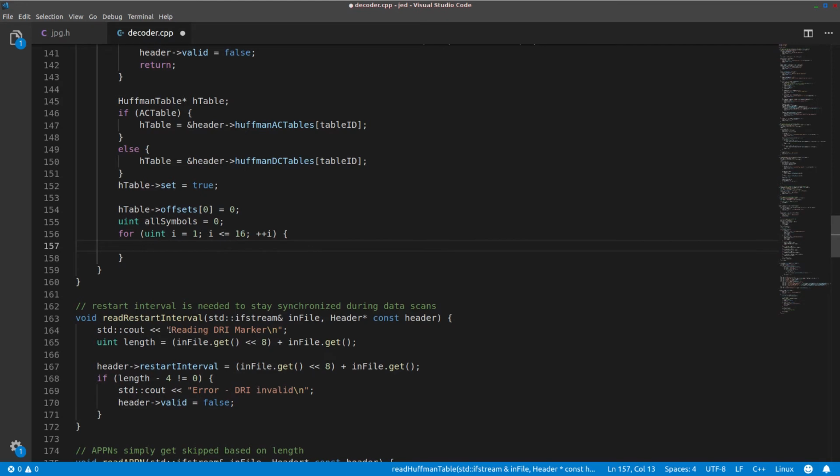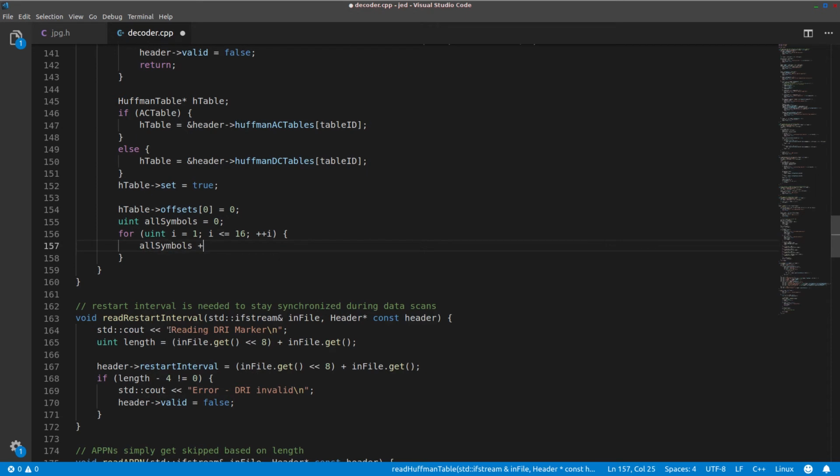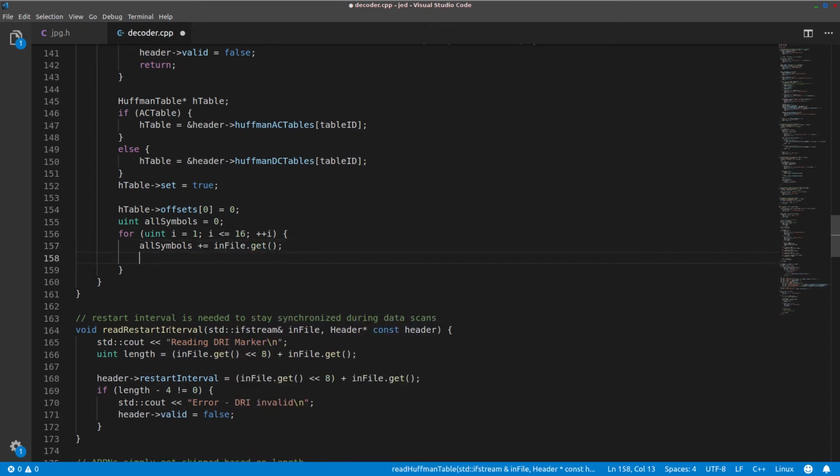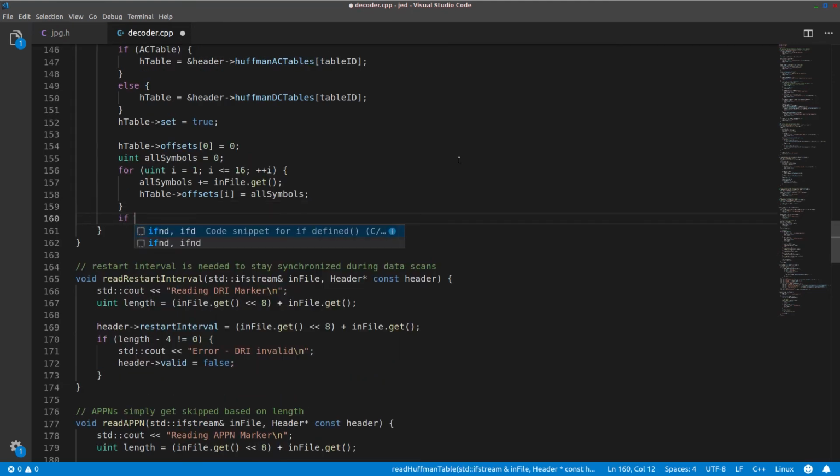This loop will start i at 1 and go up to and including 16, because those are the positions in the offsets array that we need to set to their correct value. First, though, we will keep track of how many symbols we have total by reading the next byte and use the current value of all symbols to set the next value in the offsets array. We know the maximum number of symbols is 162, so if all symbols is greater than that, we have another